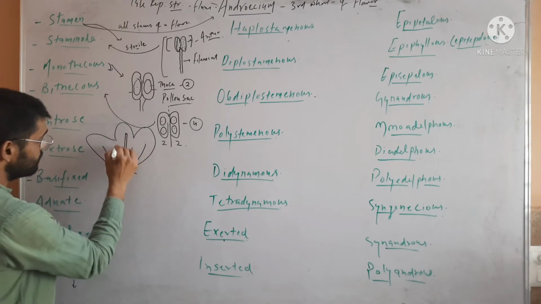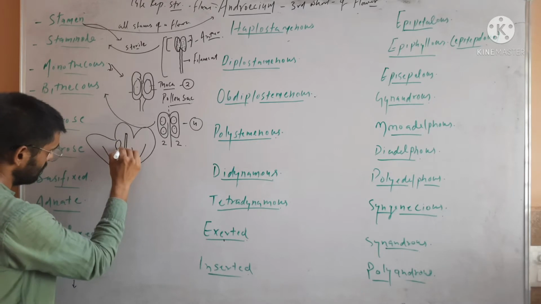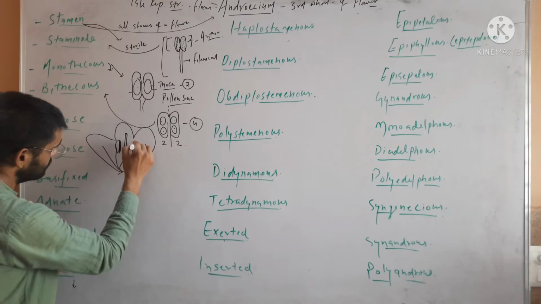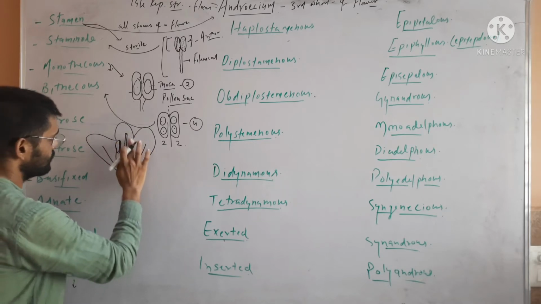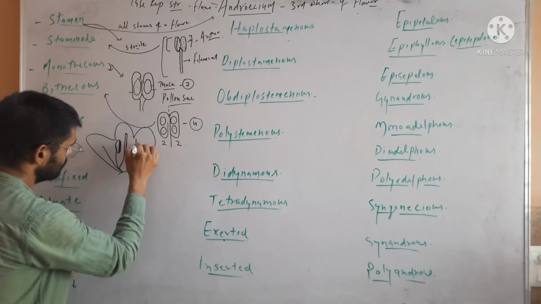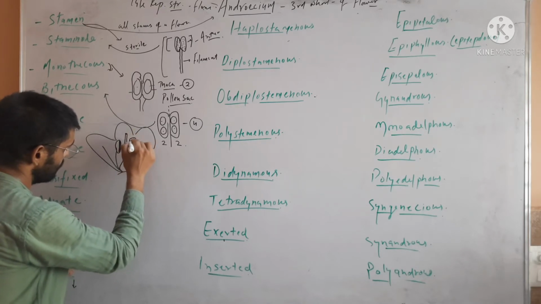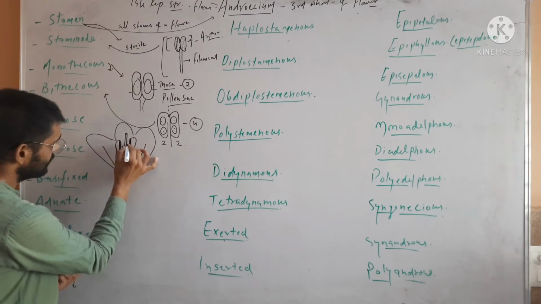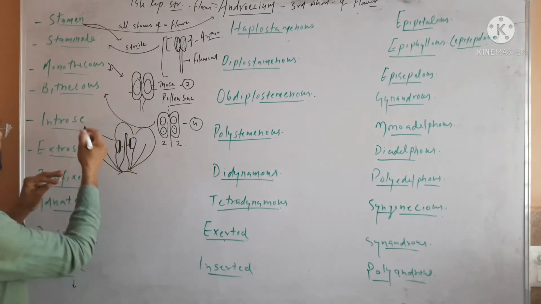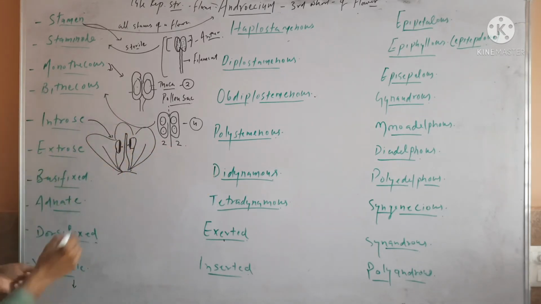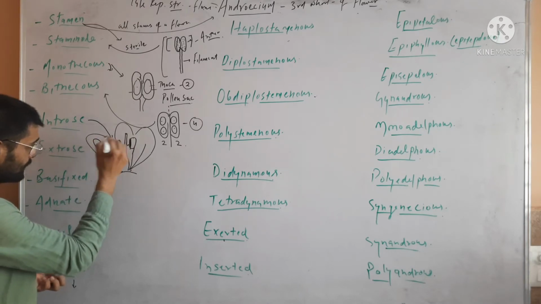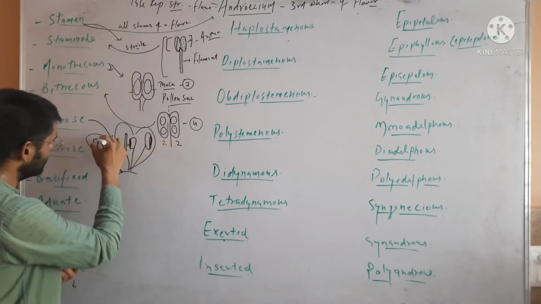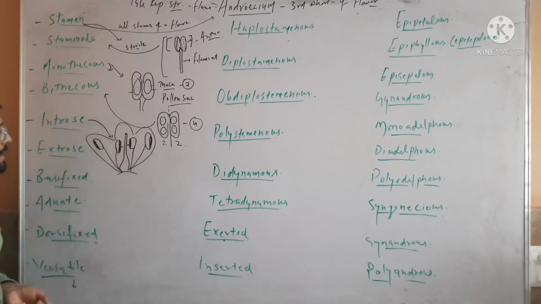So if the face of the anther is towards the center, like this, towards the inner side, so they are oriented towards the center, then it will be called introse. If the face of the anther is directed or oriented towards the outer side like this, in that case the anther will be called